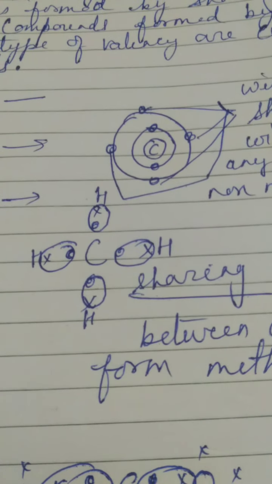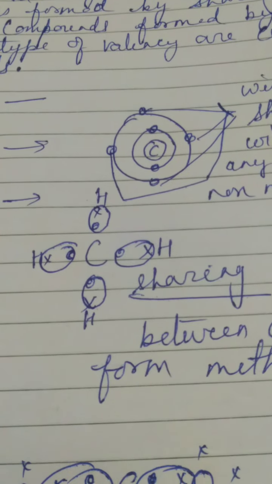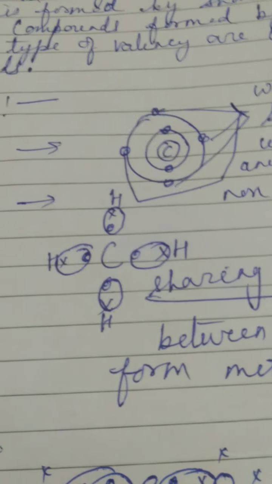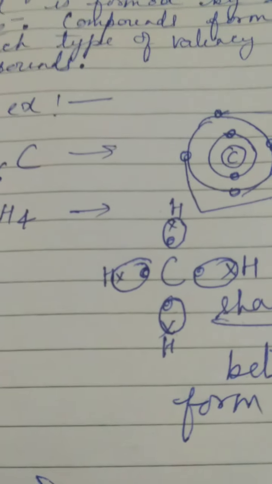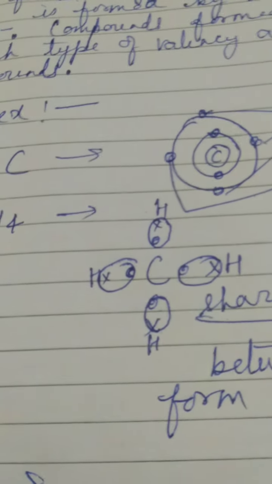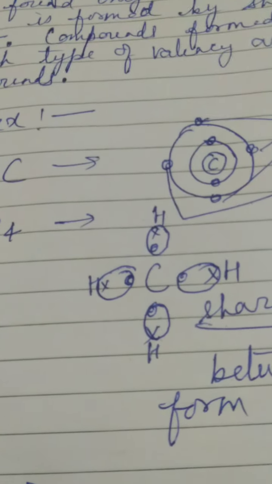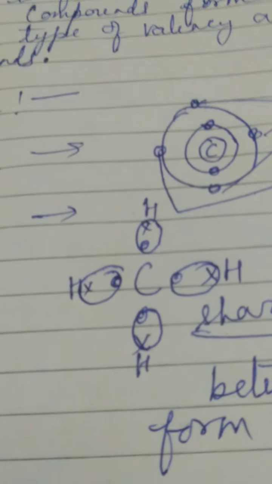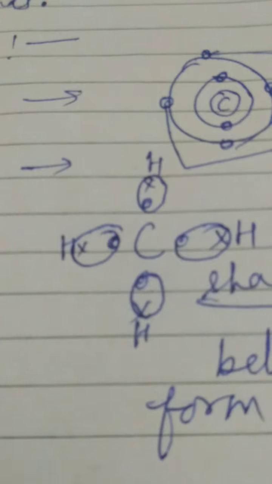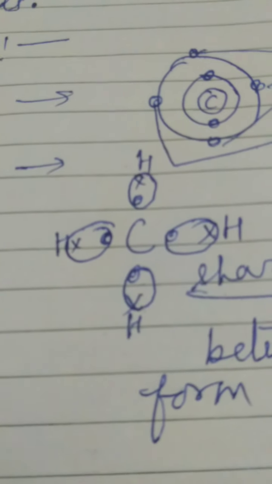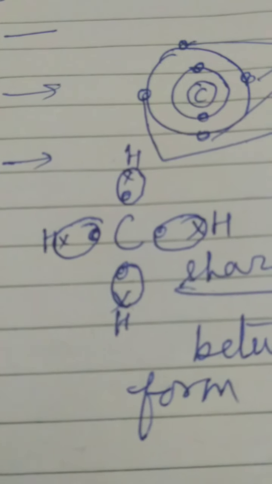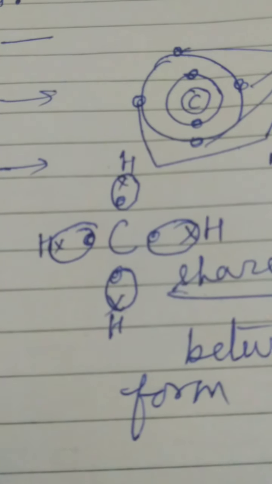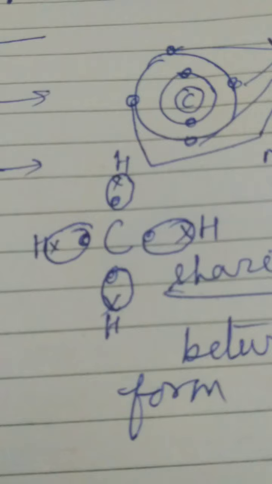That is your helium. So hydrogen will try to attain stability by gaining a duplet, and it will need 2 electrons, whereas the carbon will need 4 more electrons to complete its octet, क्योंकि इसके पास वैलेंस शेल में 4 है तो 4 और चाहिए, तो ये शेयर कर लेगा ना। तो ये इलेक्ट्रॉन हाइड्रोजन की है ना ही ये कार्बन की है। This electron has equal right of carbon and hydrogen both. हाइड्रोजन के भी इलेक्ट्रॉन पे कार्बन की राइट है एंड कार्बन के भी इलेक्ट्रॉन पे हाइड्रोजन के।